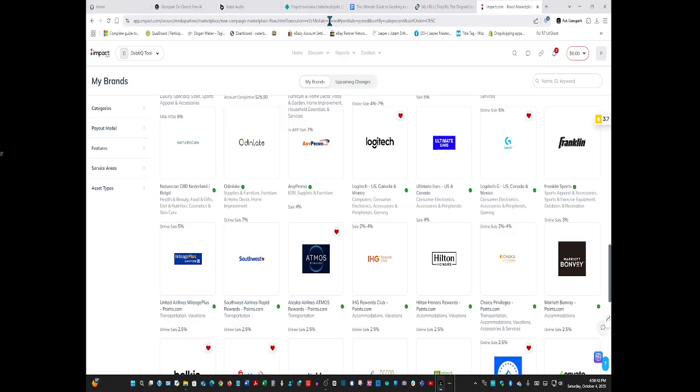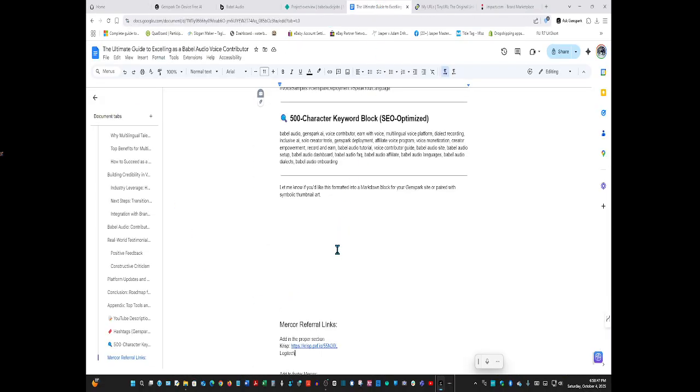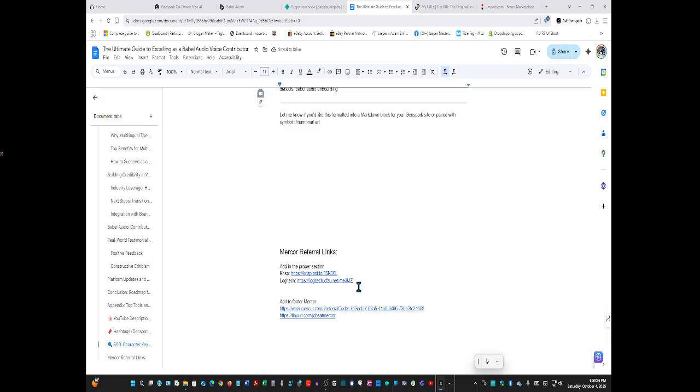It's actually, yeah, okay. Oops, I keep forgetting that it's not going to go in there like that. And proper section, add to footer. With that. No, let's make it Mercor jobs.